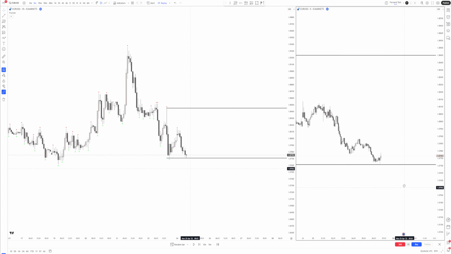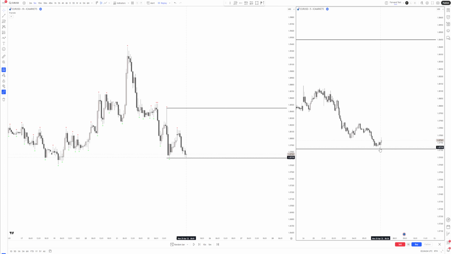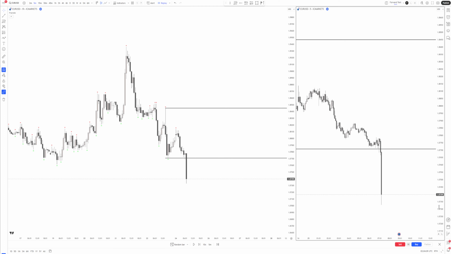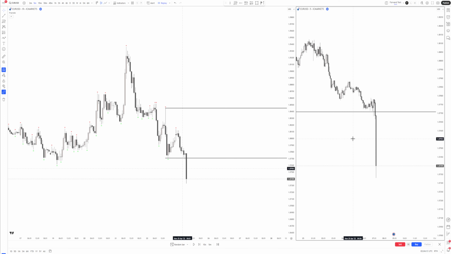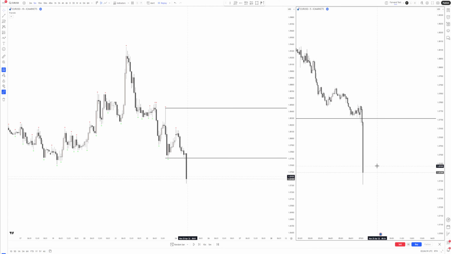Okay, you can see price is trying to reach down to the low, and price has reached that low. You can see straight away that it's done that. Now that price has done this, we are looking for any form of fair value gap trading back to the